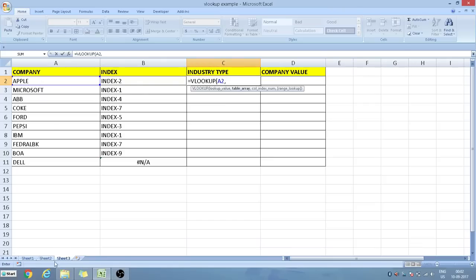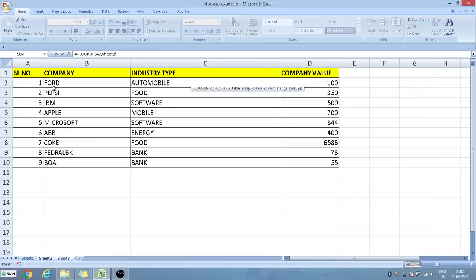Now you go to sheet number 2 and you select the table like this. As I told, you have to give the dollar sign here, and again the dollar sign after C. Then give a comma.